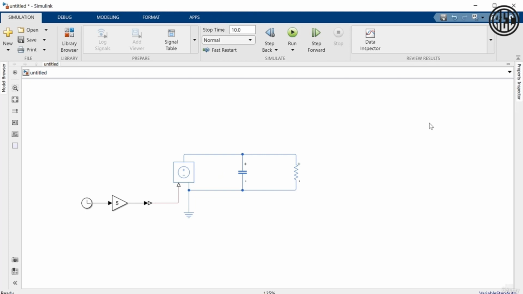All right, so next let's take a look at how we can manage some of these signals, how we can run simulations, and how we can take measurements to see the performance of our